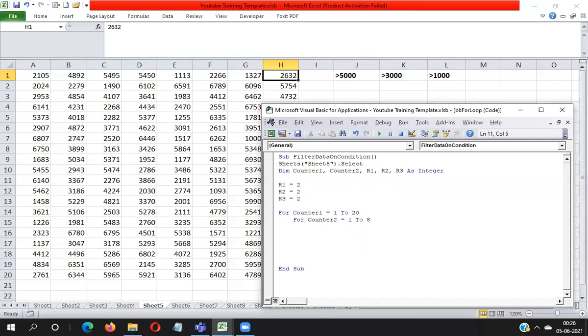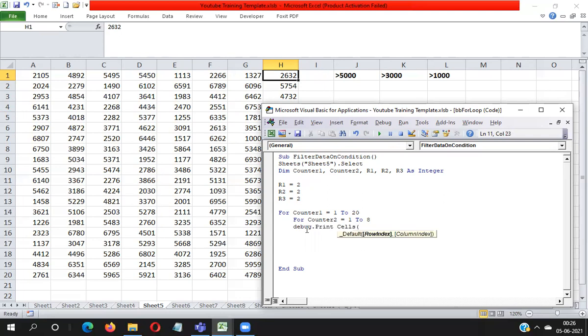Now I'm telling you how we can read our this value. Okay, so let's see. Here I can write Debug.Print Cells(counter1, counter2). I'm just telling you how we can read out the value.